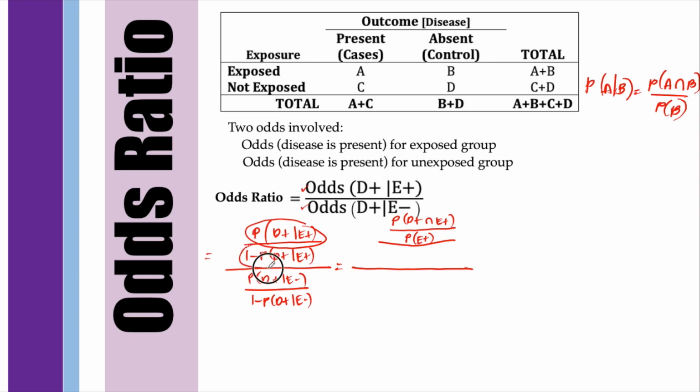Then the denominator here is just 1 minus that. So 1 minus the probability of disease and exposed over probability of